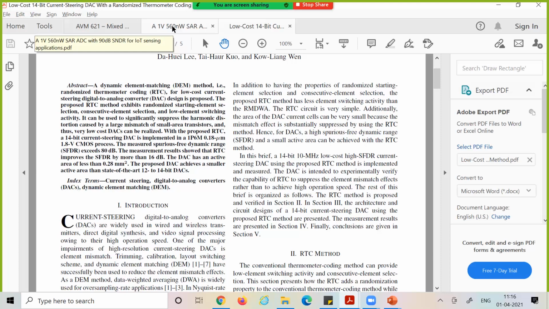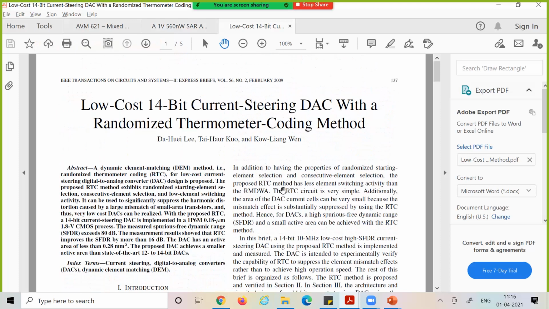Okay, so for quiz 2, these are the two papers. One is an ADC paper, one is a DAC paper, and I want you to go through both these papers. I have given you 1 week's time, right? And maybe sometime next week I'll schedule a session in case you have some doubts regarding these two papers. I'll spend some time trying to explain some concepts if you're not able to grasp them.